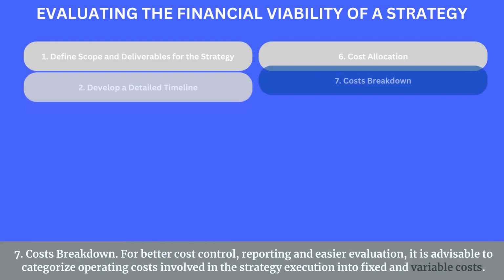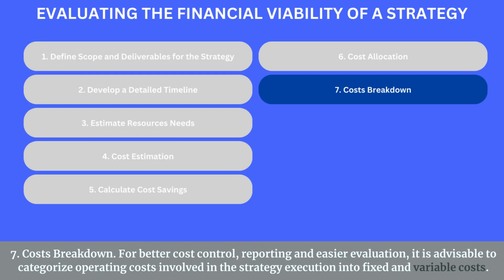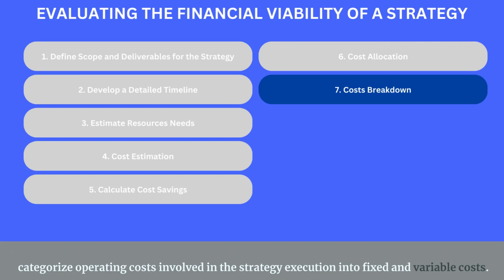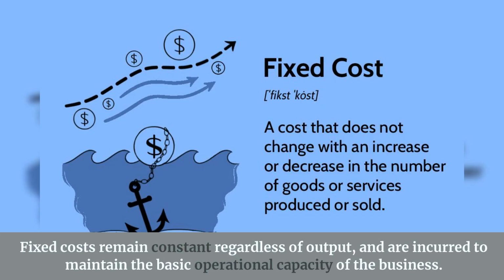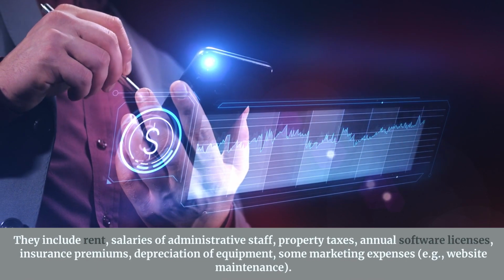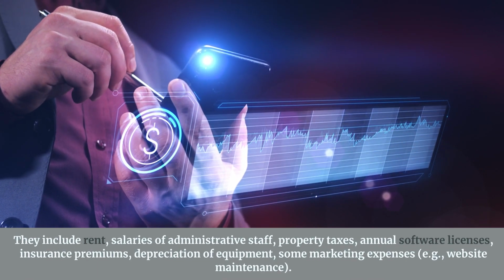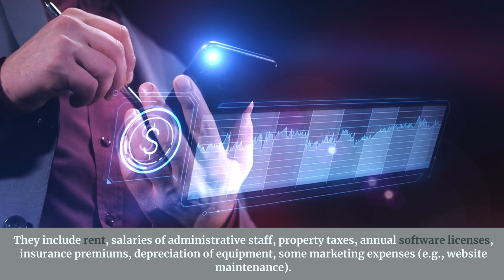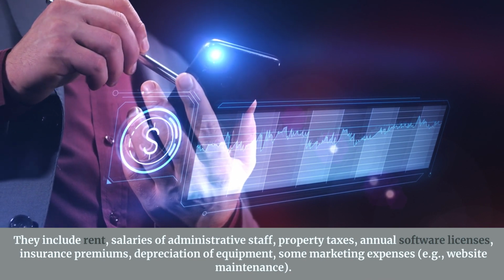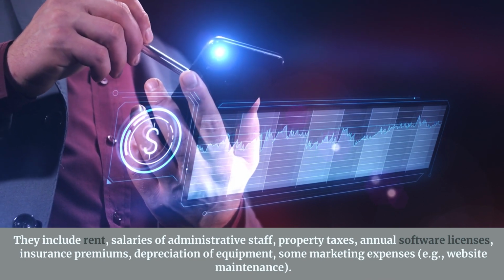implementation. 7. Costs breakdown. For better cost control, reporting and easier evaluation, it is advisable to categorize operating costs involved in the strategy execution into fixed and variable costs. Fixed costs remain constant regardless of output, and are incurred to maintain the basic operational capacity of the business. They include rent, salaries of administrative staff, property taxes, annual software licenses, insurance premiums, depreciation of equipment, some marketing expenses,